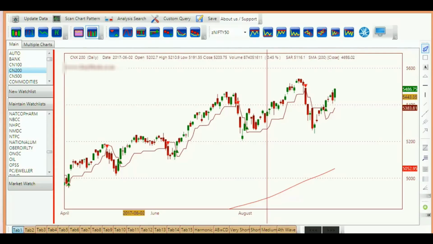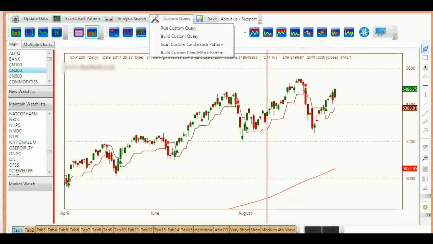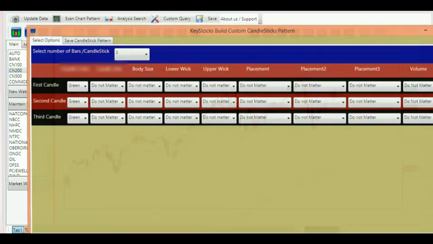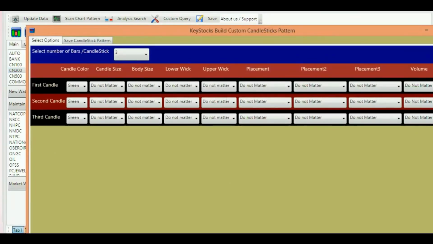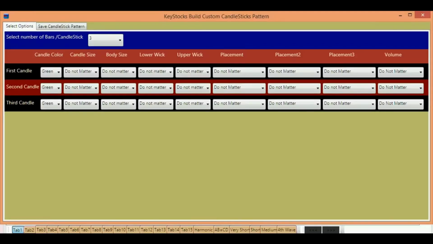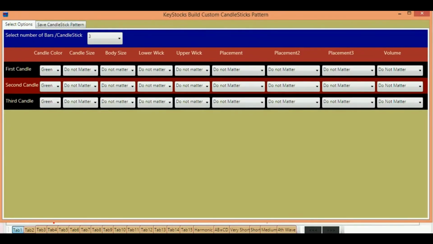We can create custom candlestick patterns and scan them in YStocks Lite software. Go to the Custom Query menu and select the Build Custom Candlesticks option, as we have to build a custom candlestick pattern before we can scan the same. We can create patterns based on 1 bar or 2 bars, even up to 7 bars or